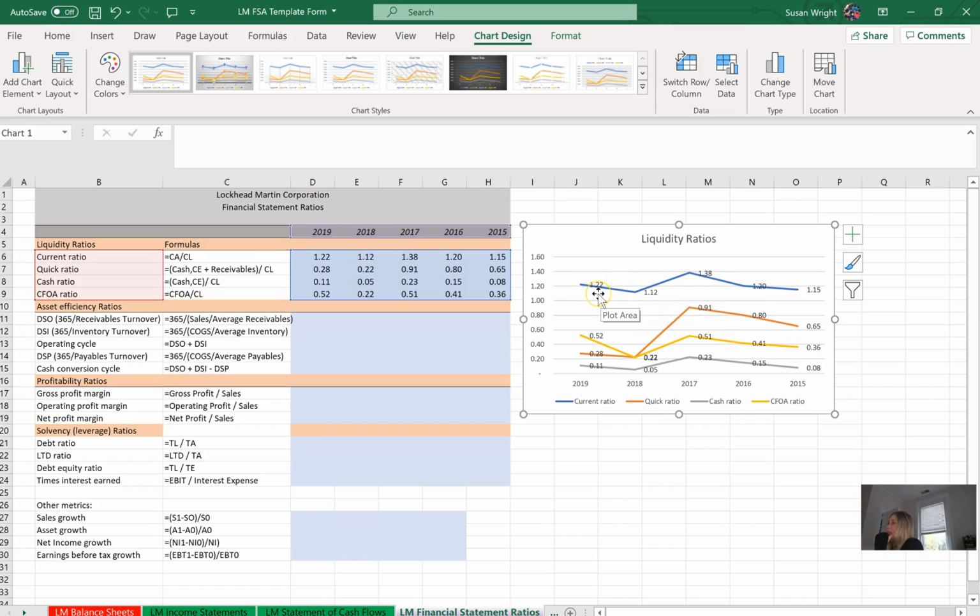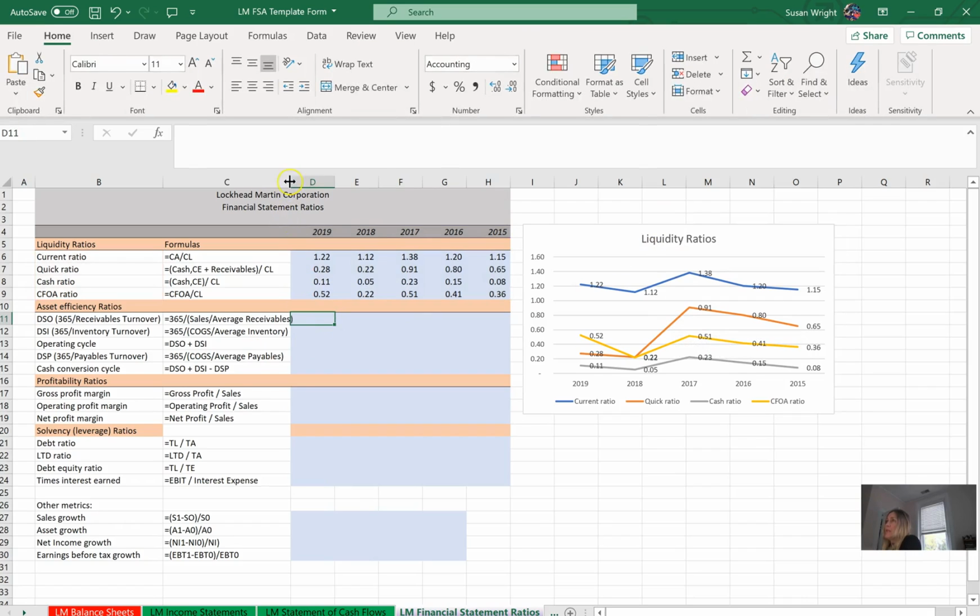Honestly, I'd like to see them run that at least 1.5 at this level, at the current ratio level, at least 1.5. And then at the quick ratio level, which is the orange one, I'd like to see them run that about 1.2. So they're really a little bit below the benchmark that I would consider reasonable for a liquidity ratio. Okay, let's look at